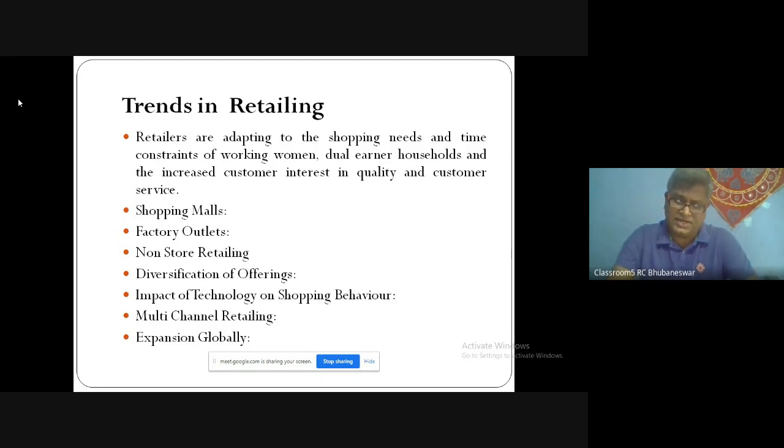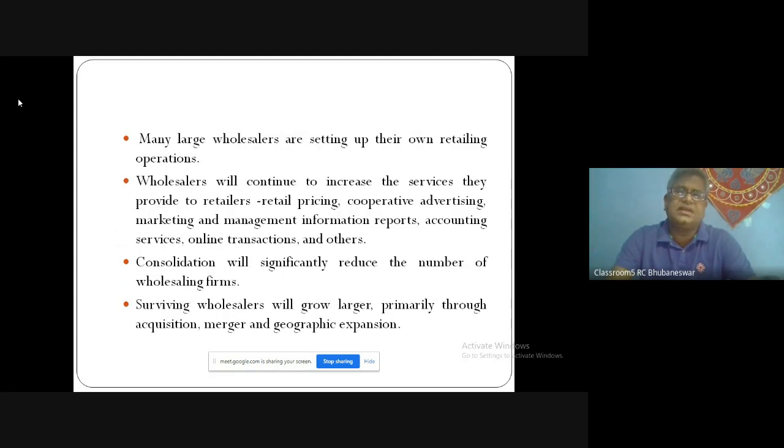in the factory outlets. Non-store retailing facilities are there, diversification of offering through technology. Now shopping behavior has also changed, and nowadays through online you can purchase the particular product, and expansion of global business. These are some ways through which the wholesaler can survive and the wholesaler can continue to increase